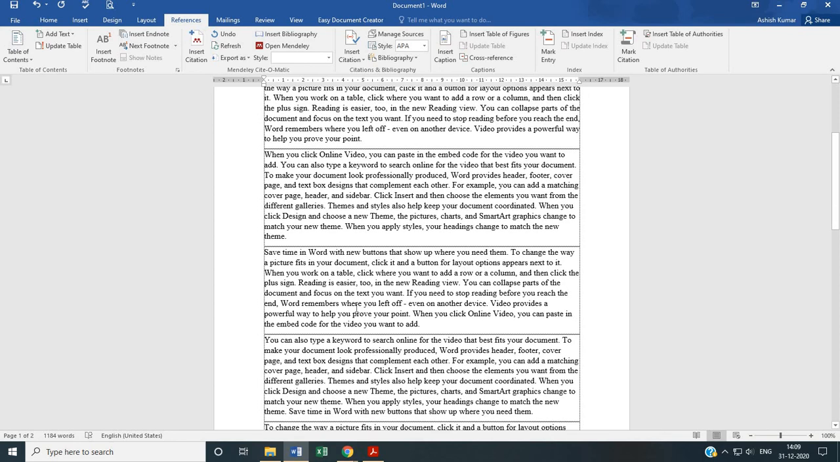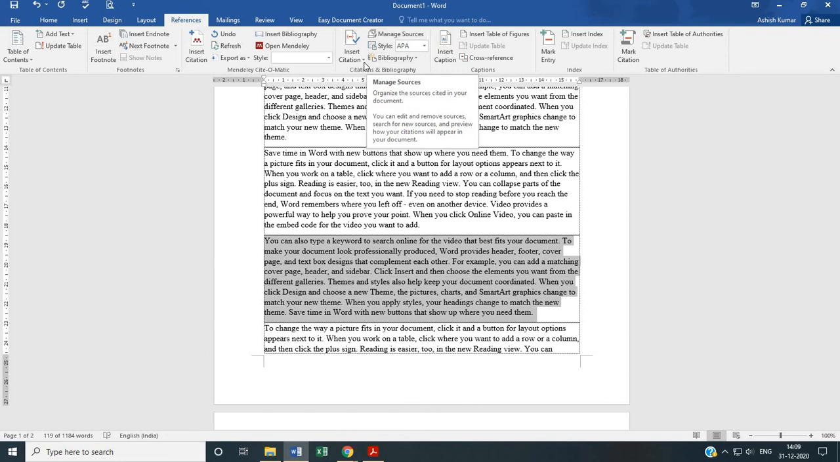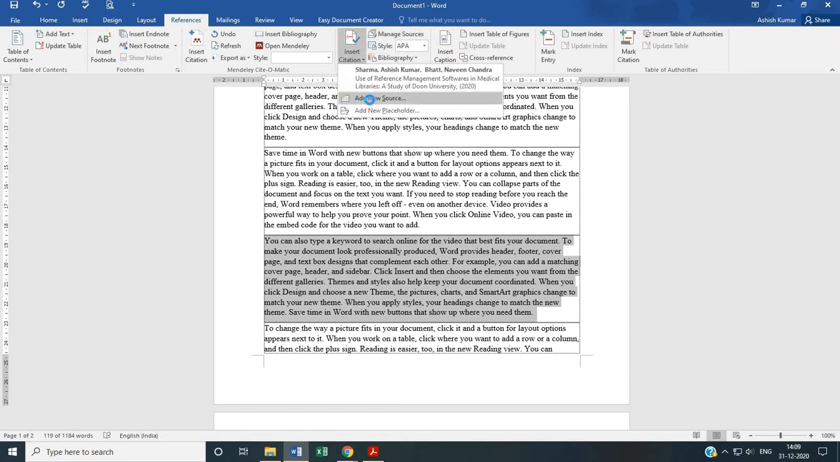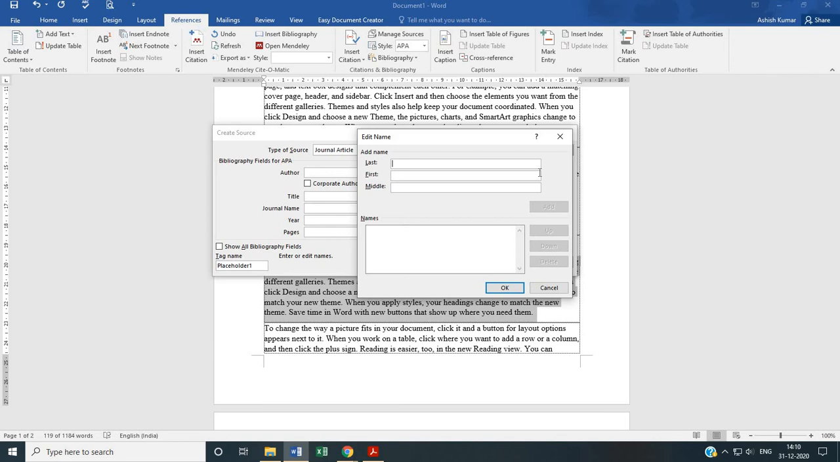We can take another example so that we can see how it automatically takes the references as well as the citation. Suppose this paragraph is also taken from another research paper and I am required to cite it as well as to provide the reference. So I have to again go to Manage Sources. I can even go from here also, Add New Source. Once I click Add New Source, the same window appears. Again the type is journal article, the author. Because I am not very efficient in writing that way, I just click Edit